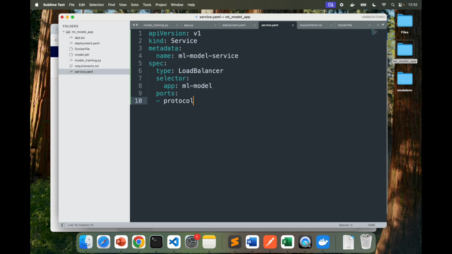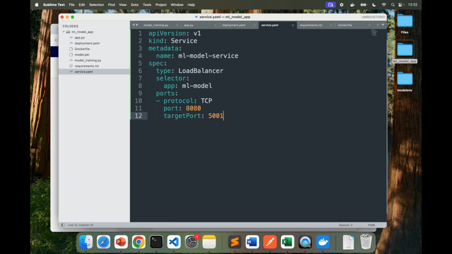Protocol is TCP, the protocol that I want to use. Port that I want to use is 8080, and targetPort is 5001. So that takes care of my service file.